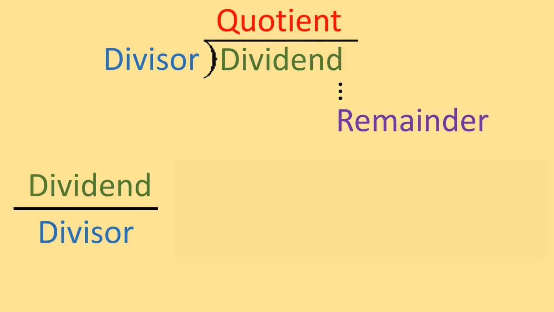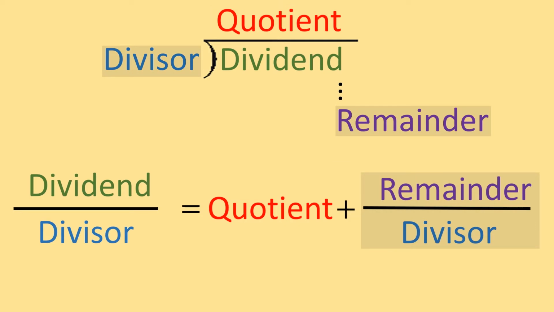And below, let's just match that up to what this means whenever we write it out in one line. In other words, the dividend and the divisor are the two terms that we're dividing. The dividend is the numerator of the division, and the divisor is the denominator. And that's going to be equal to the quotient plus the remainder divided by the divisor. And the main thing is, you do need to remember the structure in order to complete the process and then turn it into something that we can work with.